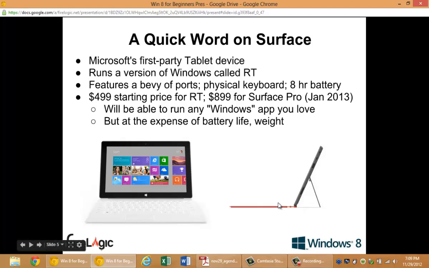The only trade-off is with that Surface Pro version, you're going to sacrifice battery life and weight. So the Surface RT, this cheaper version, has about 9 to 10 hours of battery life. This version, the Surface Pro, is going to have about 4 to 5 hours of battery life, and it's going to weigh a little bit more. So that's the trade-off you'll have to make, and that's something to take into consideration if you're looking into one